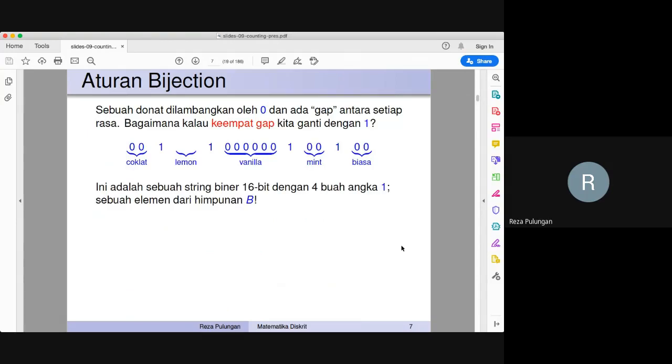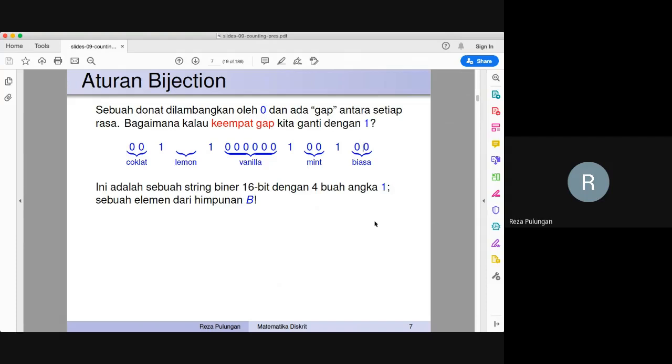Now, when you look at this example here, this is actually a binary string, and the length of this binary string is 16 bits, and there are exactly 4 ones there.